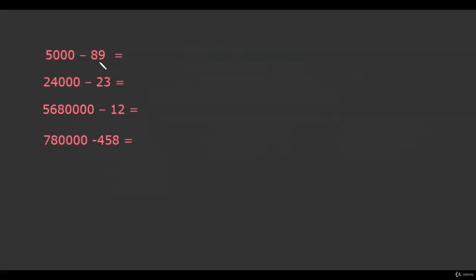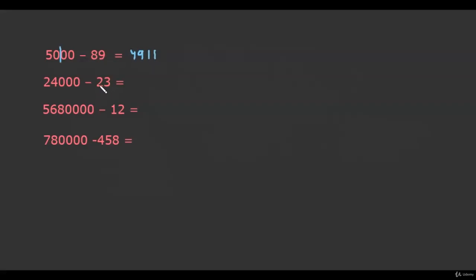Now here we have to subtract 89 from 5000. Again we draw a partition on the first number because 89 is a 2-digit number, leaving 2 zeros on the right side of it. Now we will reduce 50 by 1, so this becomes 49. And here we will follow all from 9, last from 10. So we will take the difference of 8 from 9, that gives us 1, and the difference of 9 from 10. So this gives us 1. So 4911 is the answer.